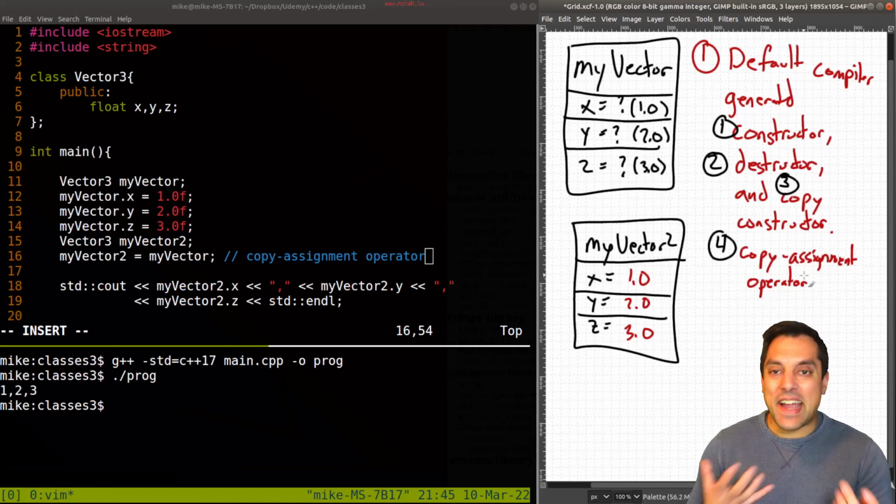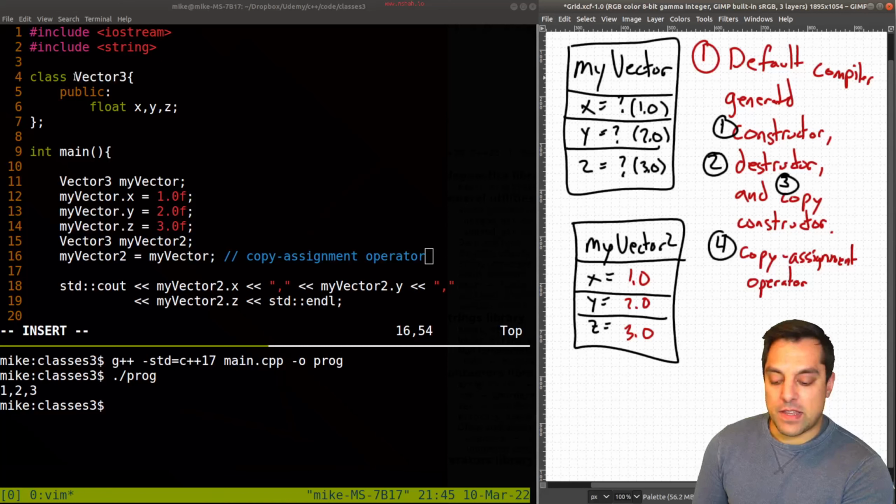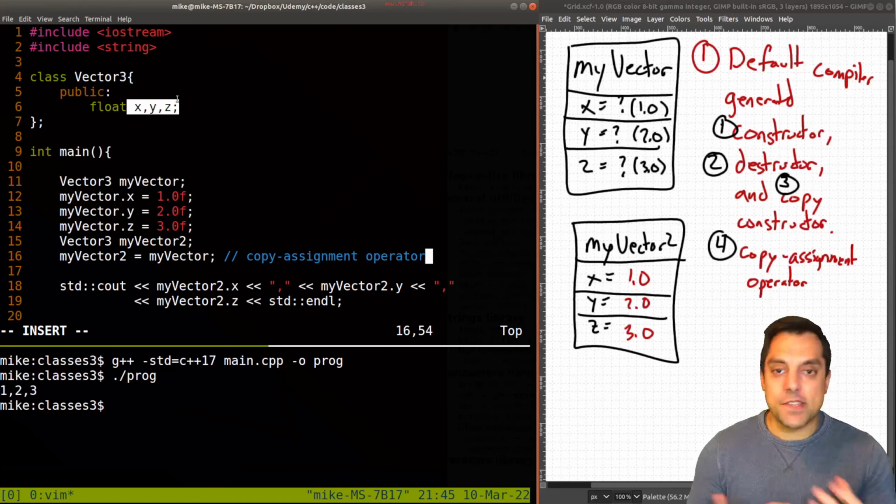And again, this type is very trivial, meaning that Vector3 just consists of primitive data. So this is okay. If we have a very simple data type like this that just consists of things like floats, integers, bool, all the built-in types in C++, so nothing that's a class, this can just work fine. So that's the first part of this lesson that I want to make you aware of, that we get these copy